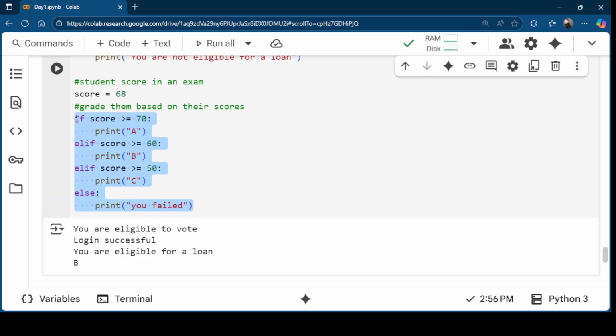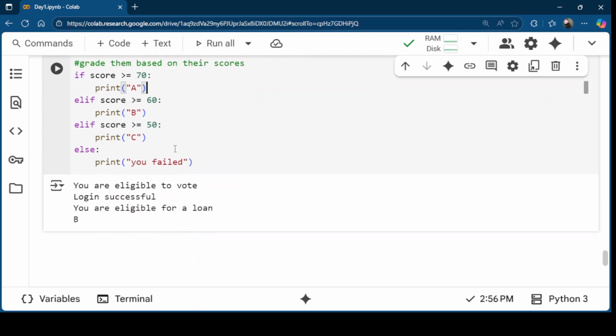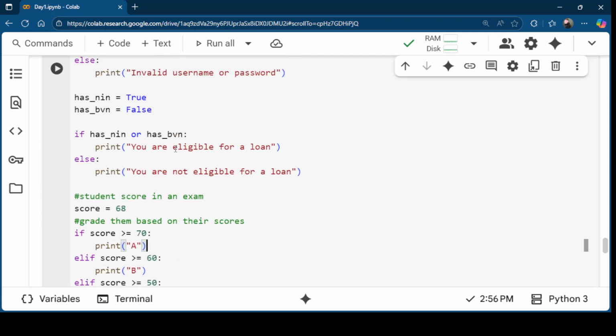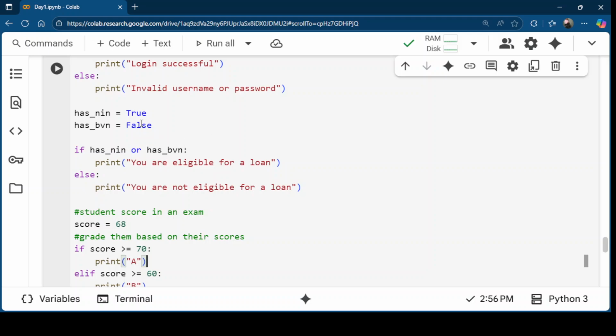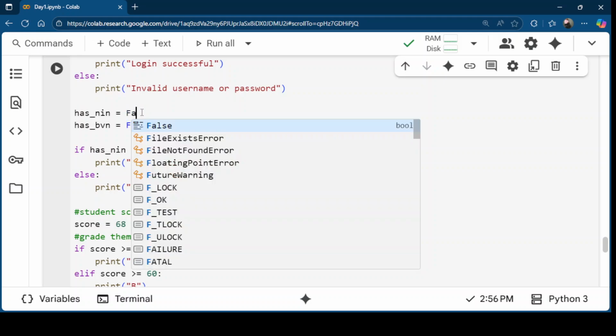So if the value is this, creating a new column and give it this particular value, and then you put that in a function, and once you supply the value, it returns whatever it is you have specified in this section. Then if I change this to false, change this to false,